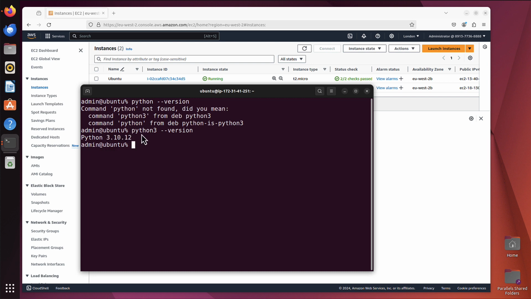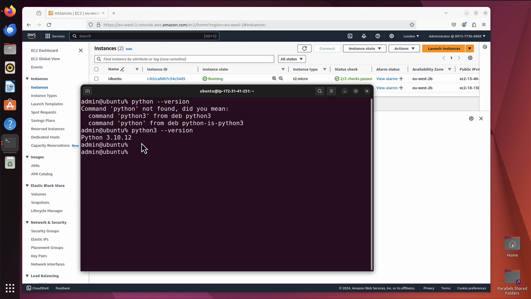Because it's very easy to create a so-called symlink for this command to refer to that command. I know it's a bit confusing, but both those commands would give you the same output then, because people usually don't install Python in version 2 anymore. People usually need only Python version 3. What is important for us, we have to know which command we can run, so we work with Python in version 3.